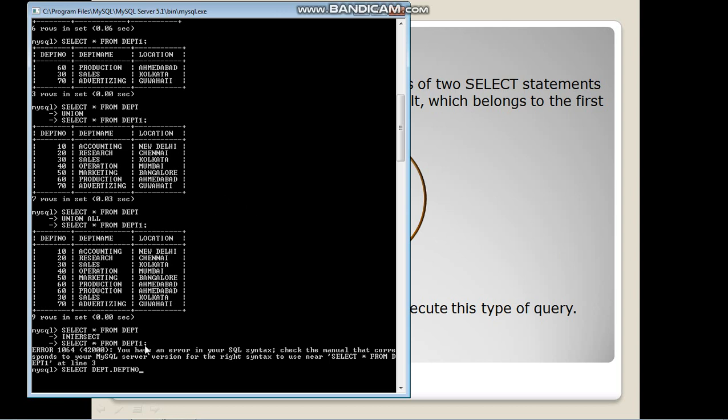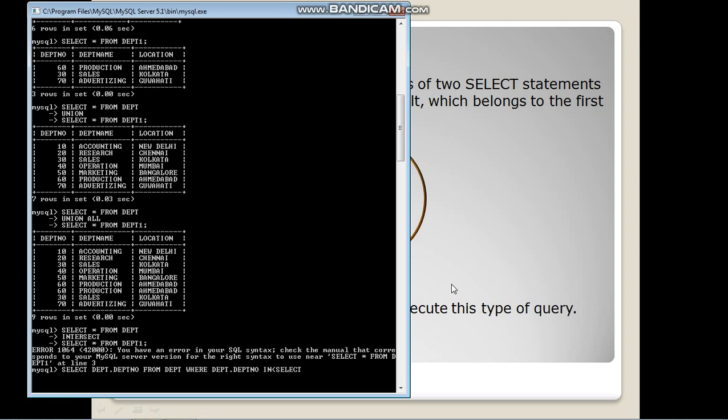Why am I writing it like this? I want to display the department number from the table department. We can use only the name also, but as department number is the same name in both tables, that is why I am mentioning department dot department number. From which table? Again department, and then I have to write a condition where department dot department number in